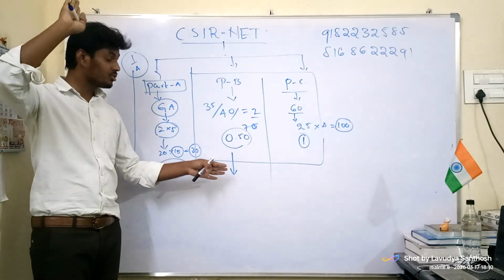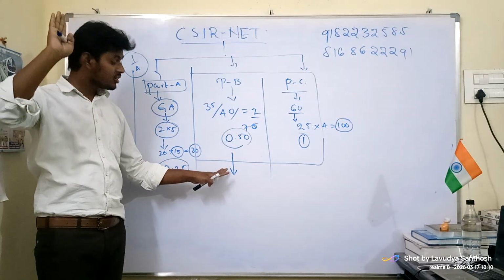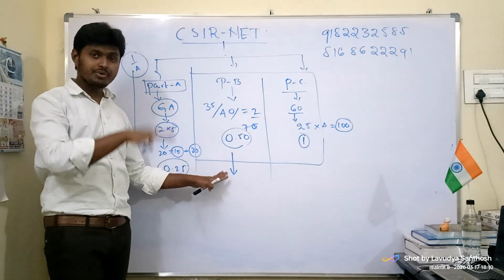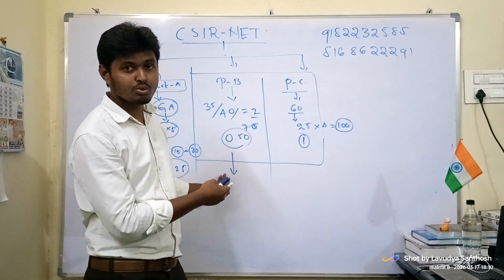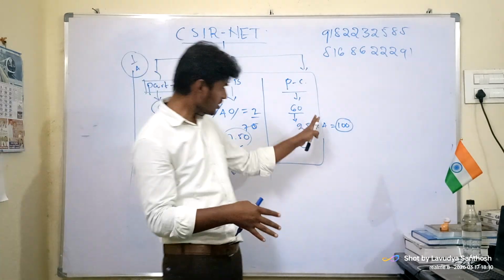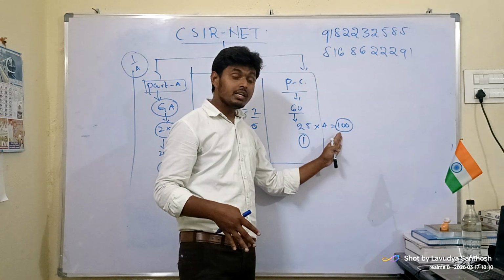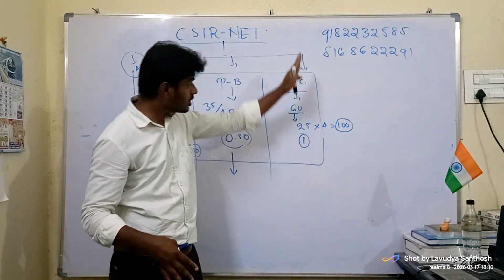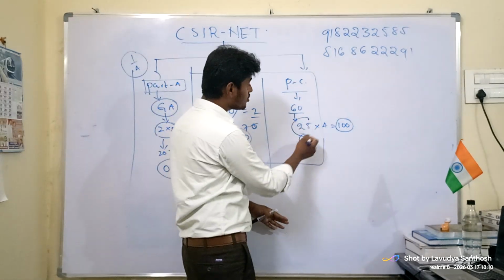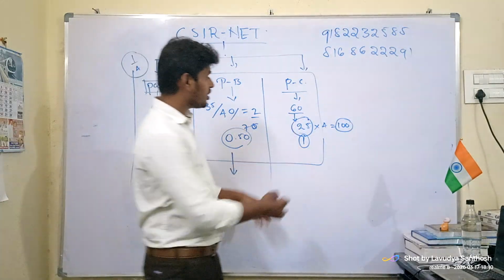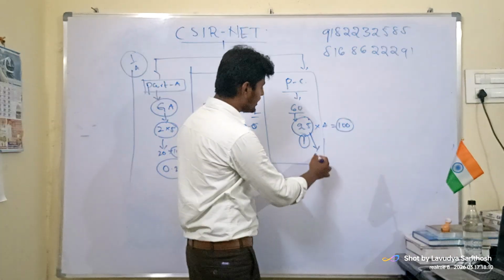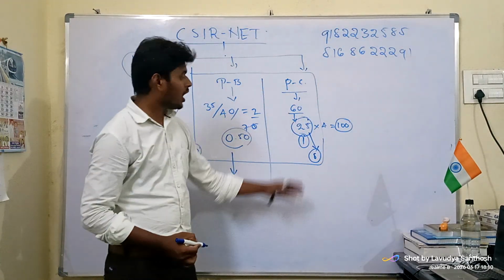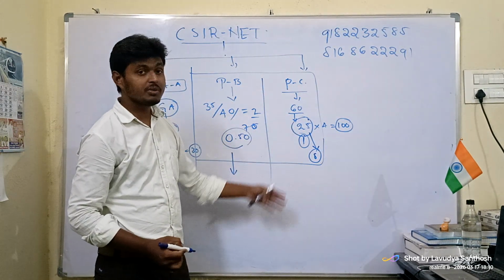15 into 2 is 30 marks. You can just reduce it, since you made at least 5 mistakes, nothing but 2 marks you will be losing. Here, organic and inorganic cumulatively, out of these we have to answer only 25. Out of 25, they say 8 per each subject: 8 from organic chemistry, 8 from inorganic chemistry.